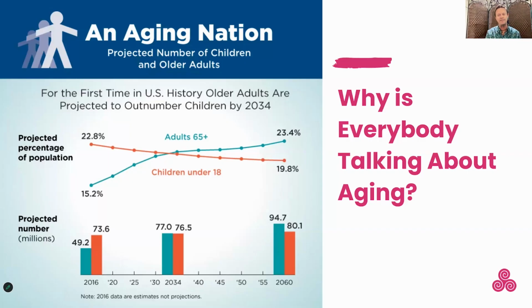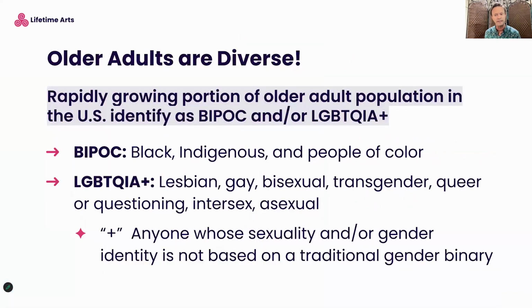And at the same time, it's very important that we're all aware of longevity inequality. Although we're all living longer lives in general, it's not to the same rate. How long you live depends on many factors, such as income, race, even your zip code where you live. It's also really important, and we want to remember that older adults are incredibly diverse and are getting more so.